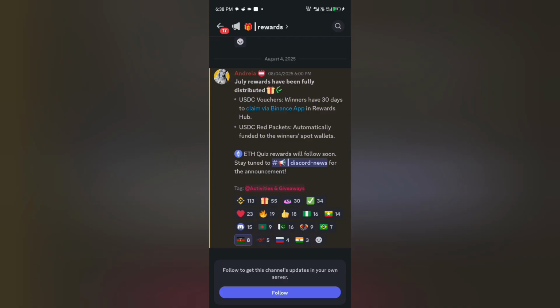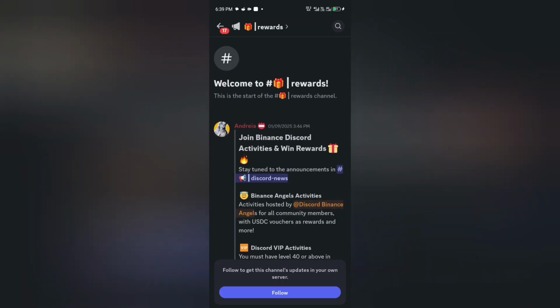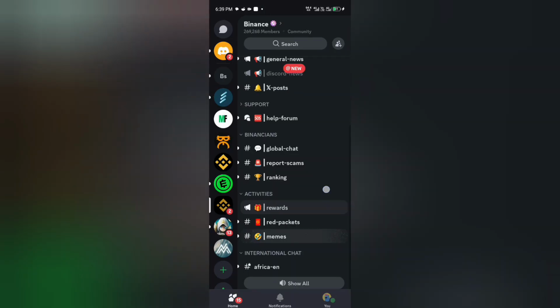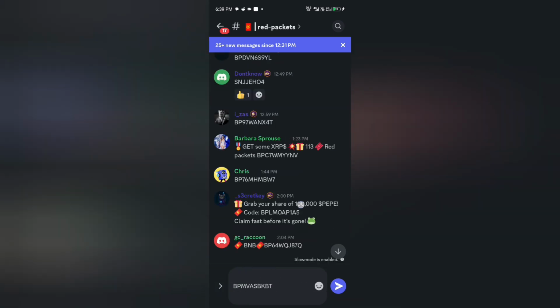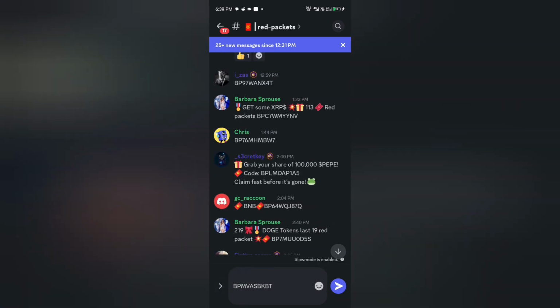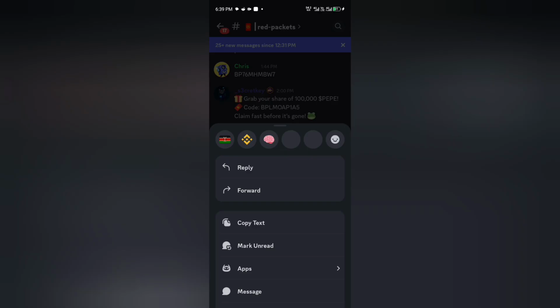You can see every country is represented. You can see there are so many rewards that have ever happened. Then this is the red carpet giveaway. You can just come here and see these codes. You can just copy paste these codes, for example this one, and then when you copy this code,